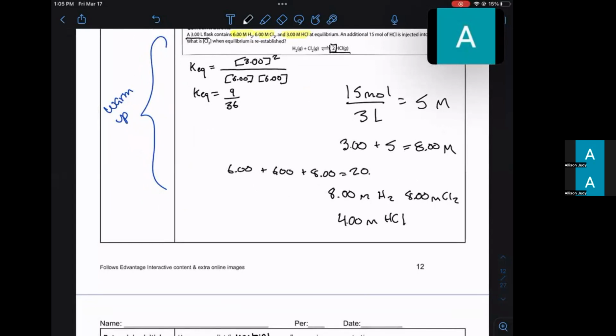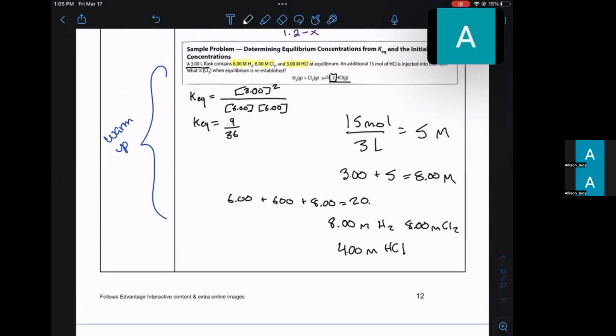So how do we gain mass? Because you added 15 moles of HCl. Did I do this? Oh my God, did I? I'm afraid I messed something up. Maybe I didn't. Yeah, I am. I was not expecting that this was going to be my responsibility to explain this problem, but